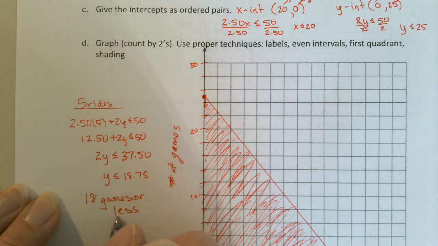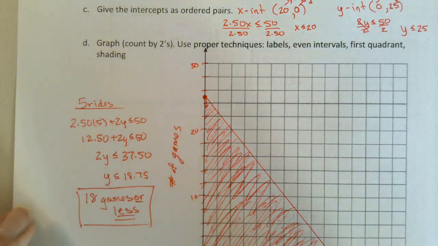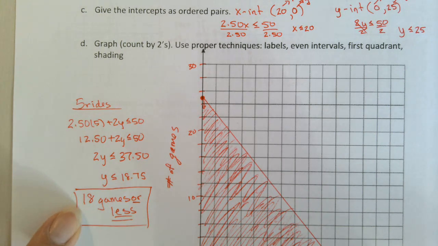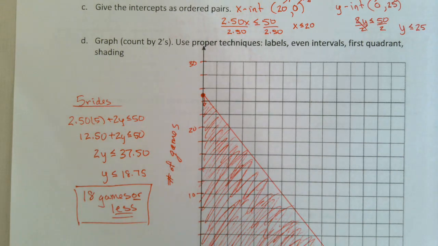And a lot of people forget about that or less, because we're so worried about how many games. As long as I spend less than $50, if I ride 5 rides, I can do 18 games or less. And that's going to be something that people lose points on because they just write 18. All right, I think I'm out of my